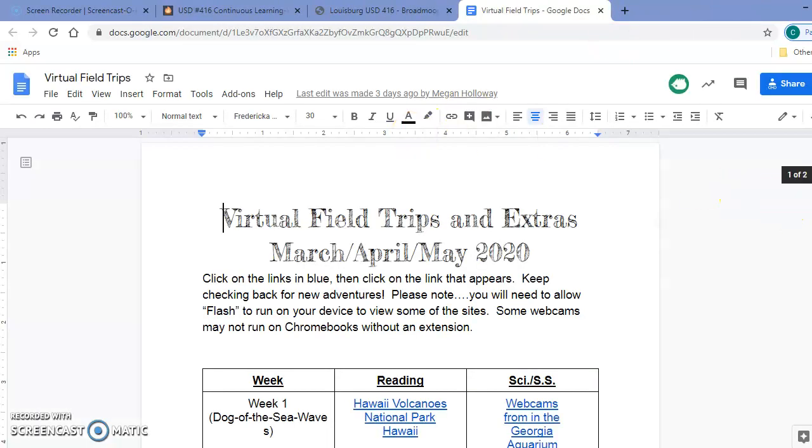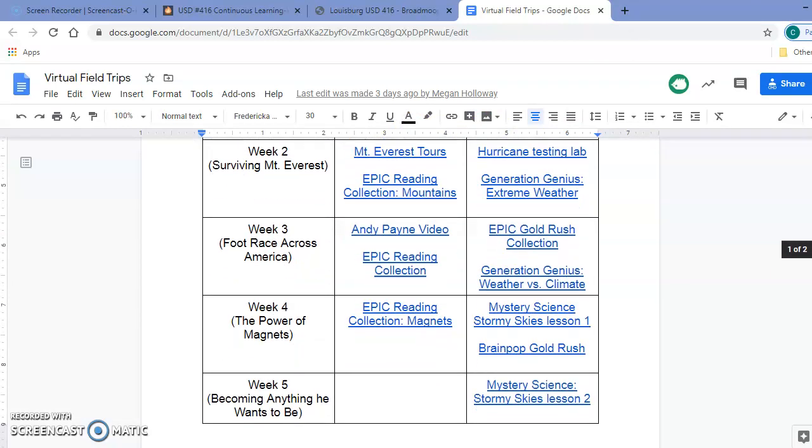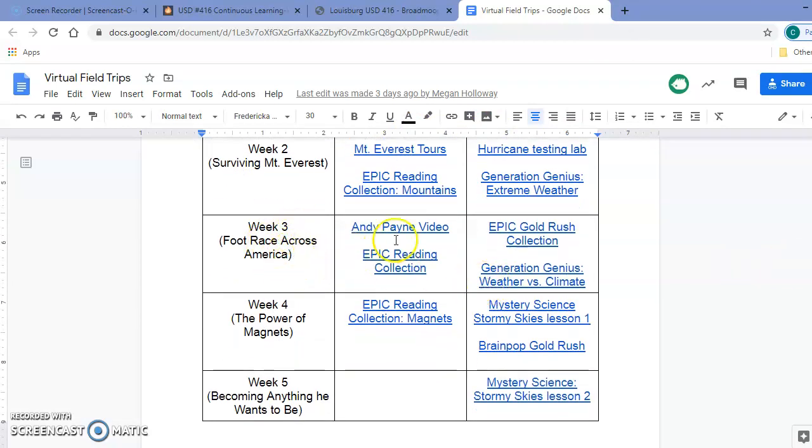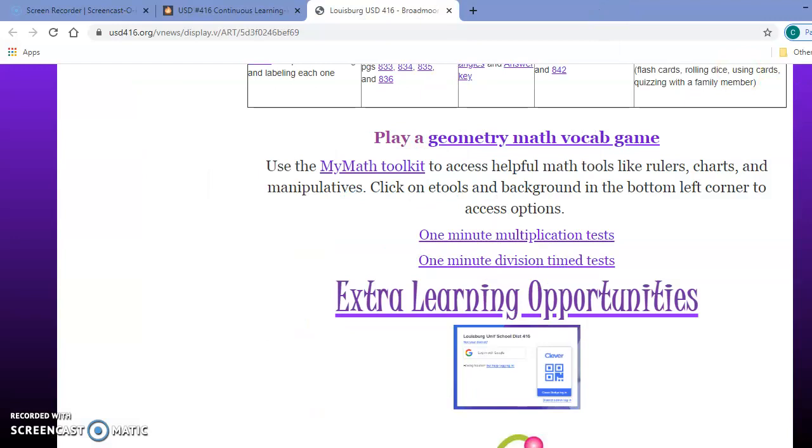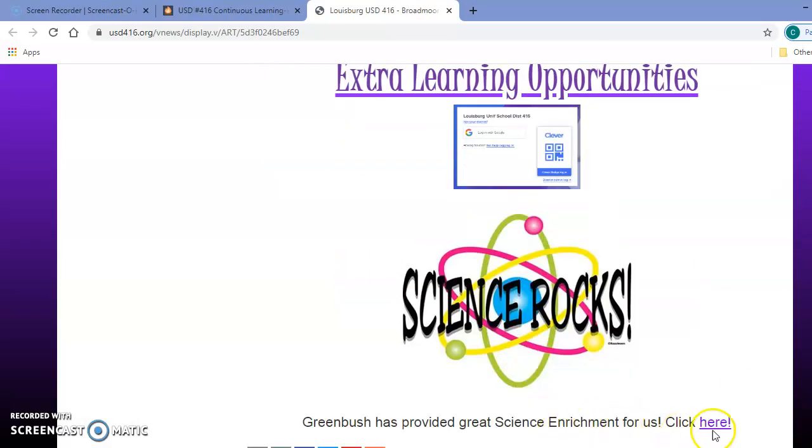If you want to do something extra today or you have time, you're welcome to come down to week 3. There is an Andy Payne video that's really cool on YouTube. That epic reading collection is there. There's also an epic reading collection over the gold rush. And then fun science on Generation Genius. You can do weather versus climate in that one as well for some extras for you today. And then if you go a little bit further, there are some science lessons through Greenbush here that you can